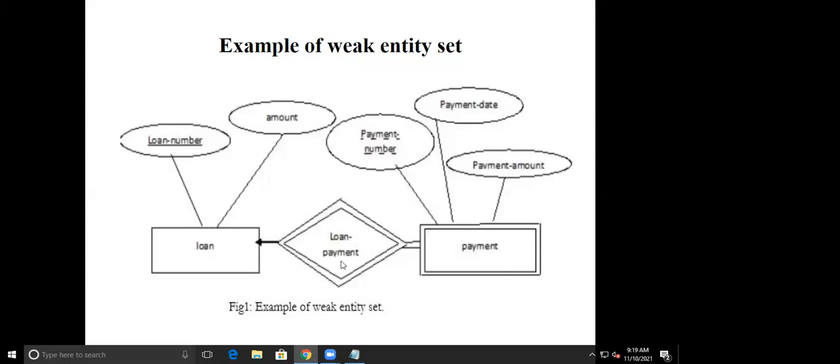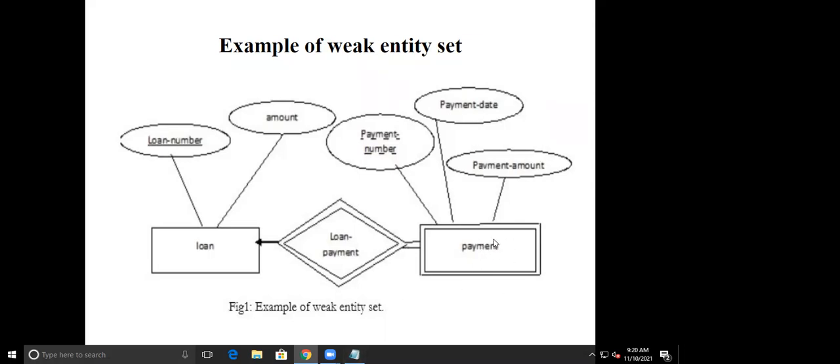But in case of the relationship, this information is not stored. For example, if I have the course here and the section here, then when we are storing the values, the loan number is matched with my payment. Only that information is stored. It means by default we are storing the relationship between loan number and the payment. This relationship doesn't have any physical existence. It will have only graphical existence when it comes to actually storing the values.